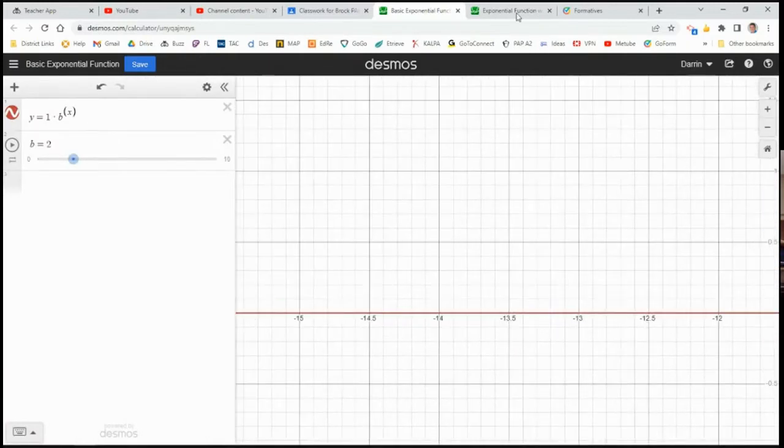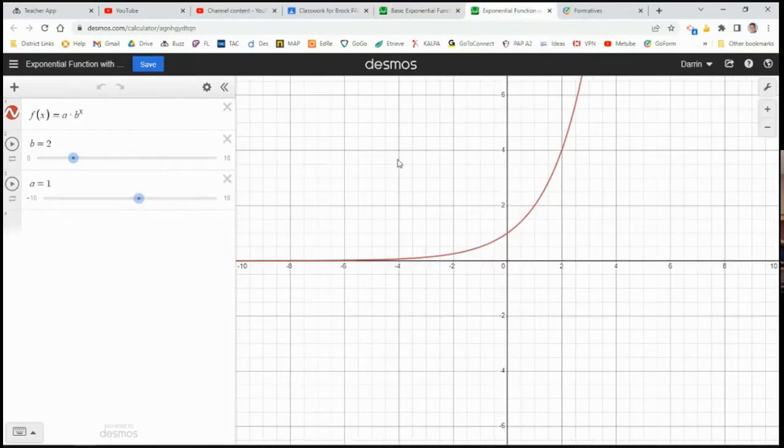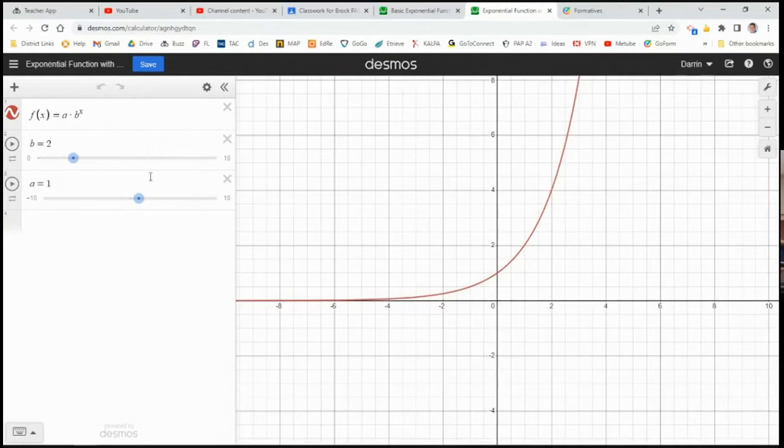Now let's look at this other link. Below that, there's another link on the same notes page. And now we have the same equation, but instead of A being 1, we can change A. So this is the exact same graph right now because A is 1. But if we make the A 2 or 3 or 5,